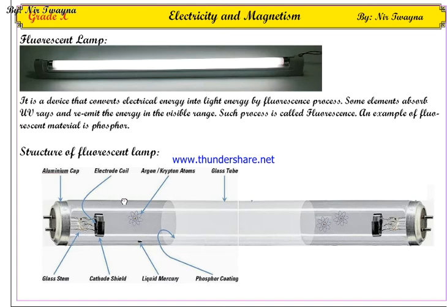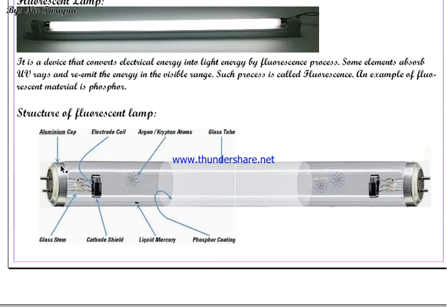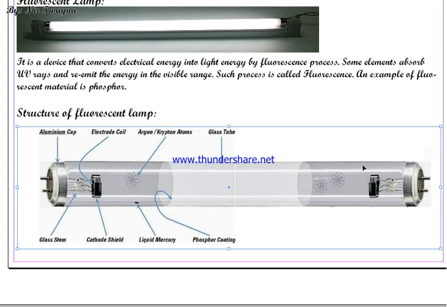Now let's look at the structure of the fluorescent lamp once. The fluorescent lamp is made up of a long glass tube. On both sides of the tube it has electrodes, and see, each electrode coil is separate. They have nothing in between them, they are not connected, so the connection is not completed through